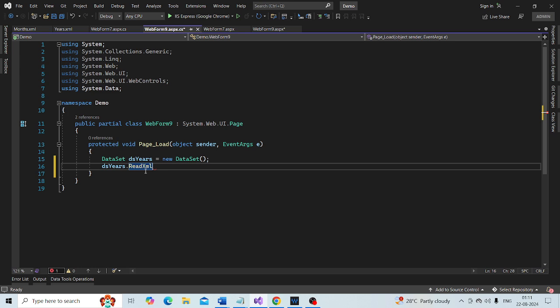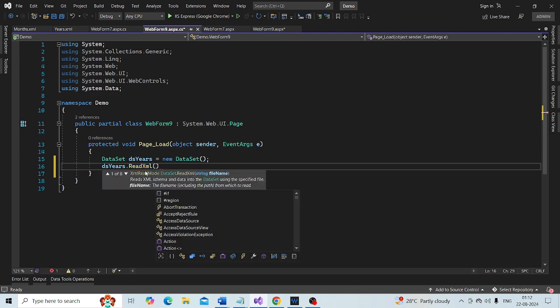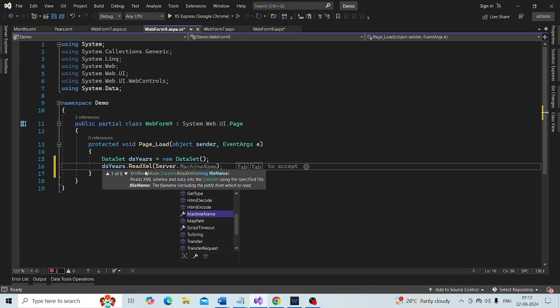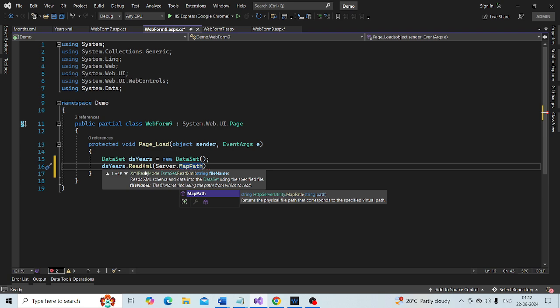So I am going to use Server.MapPath, which maps the virtual path to the physical path.